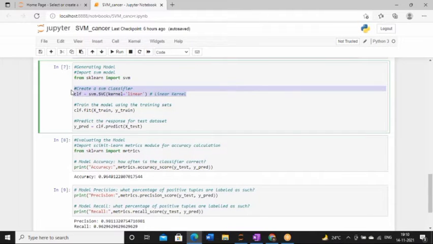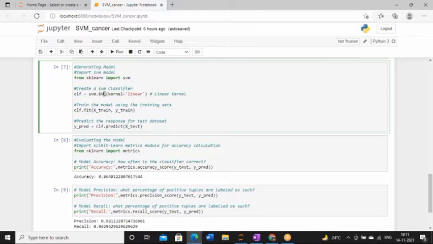How can we create the support vector classifier object? We have to pass one argument, kernel. The support vector classifier object can be created by passing the argument kernel, and as the linear kernel we will use it here.